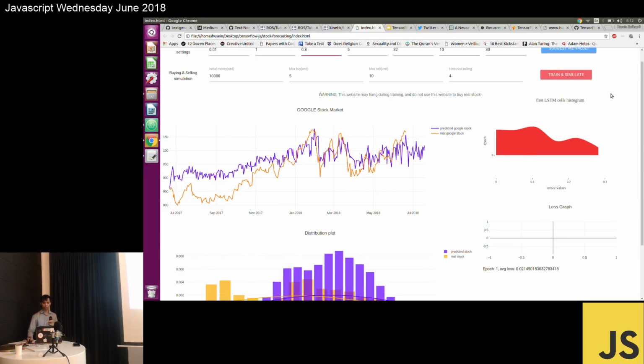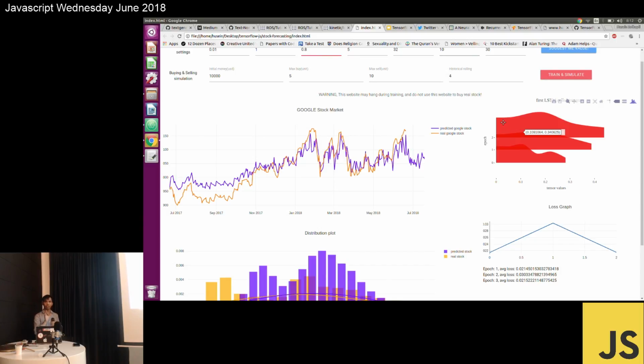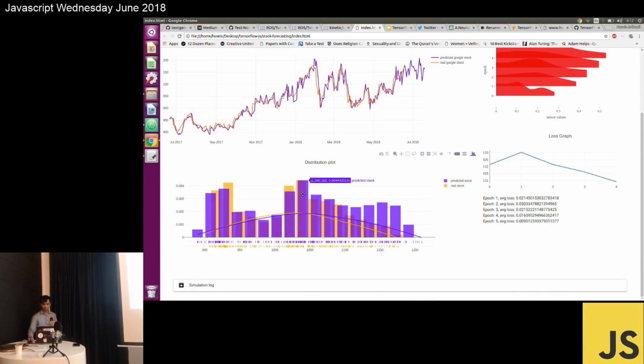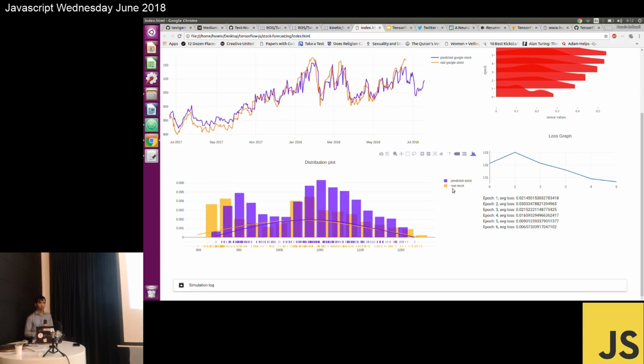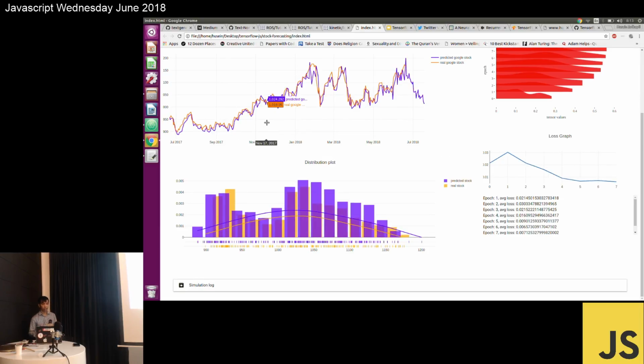Okay, learning. So this is the first iteration. You can see the blue one is the predicted, and the orange is the real Google stock. You can see every epoch is learning. The values in the linear system are changing, so we can say it's in the learning process. We can also look at our distribution plot. The orange is the real distribution and the blue is the predicted distribution. The blue is trying to duplicate the real distribution, the orange one. You can see the line is getting well, the histogram is getting okay, and the line here, the timestamp, is also getting nice, the shape is getting nice.